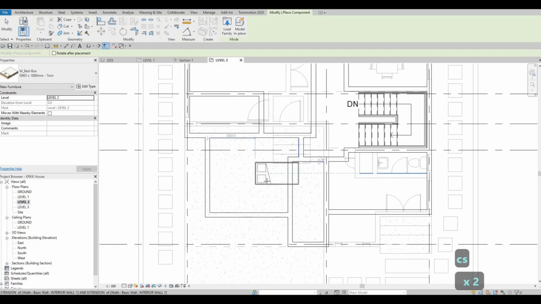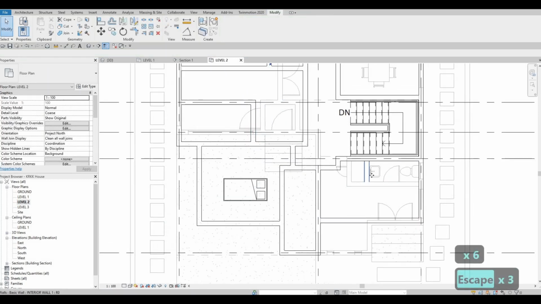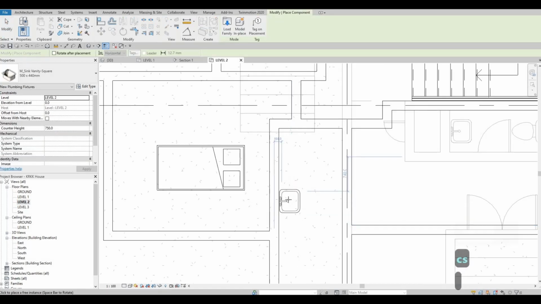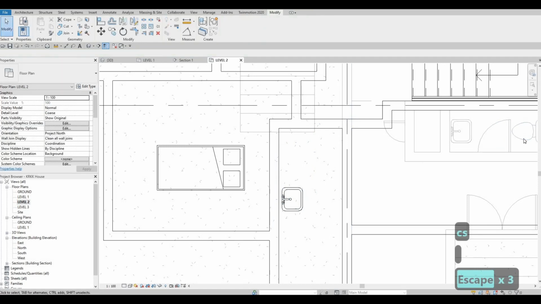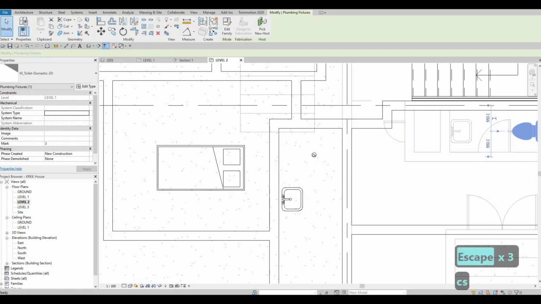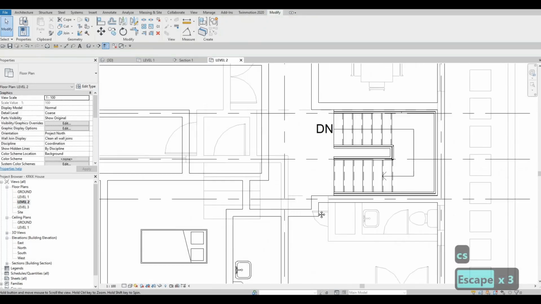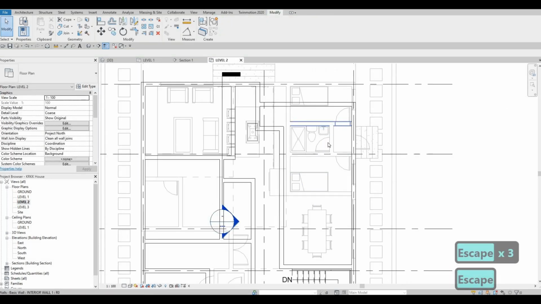Let's just quickly grab the bed. So I'm going to add the bed right here. The sink, which will be right here. This will be the toilet. And then let's grab the shower